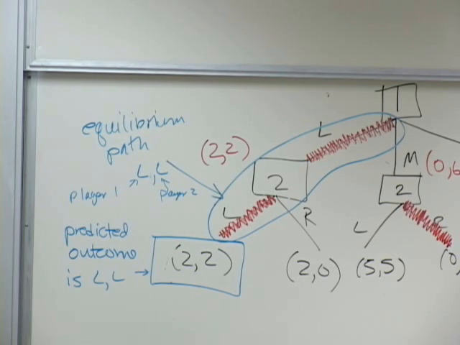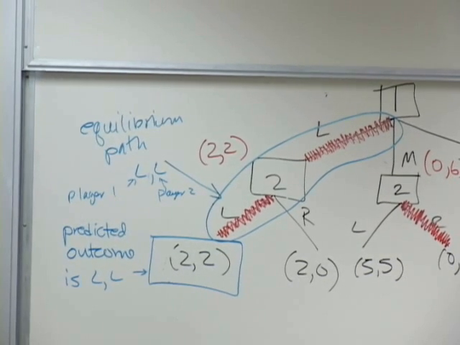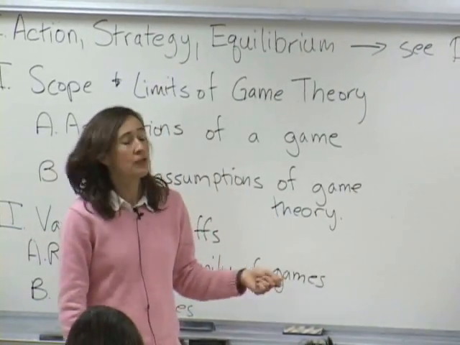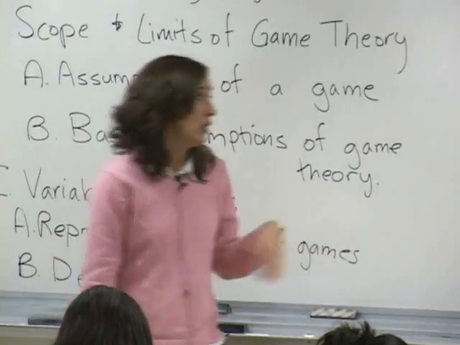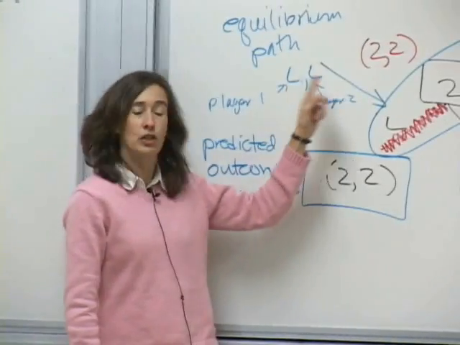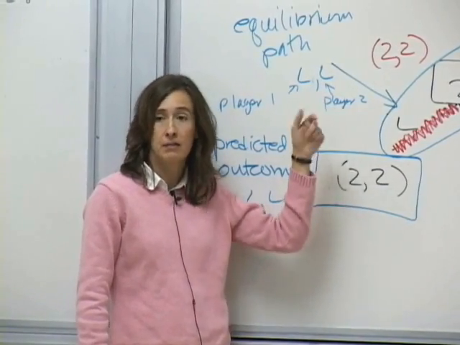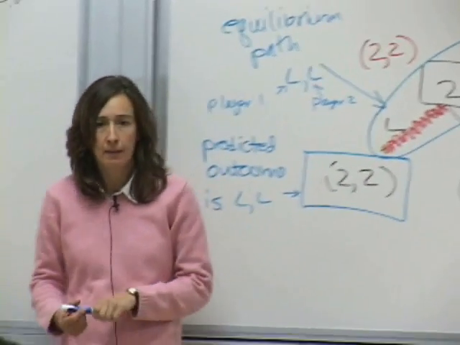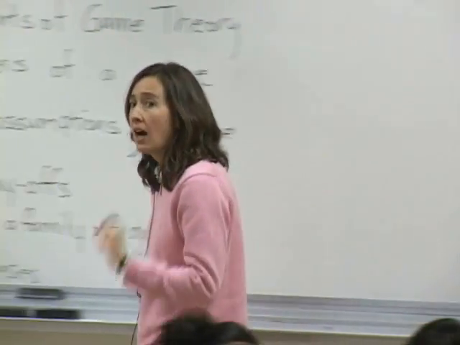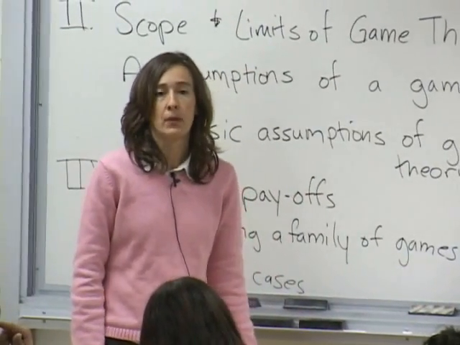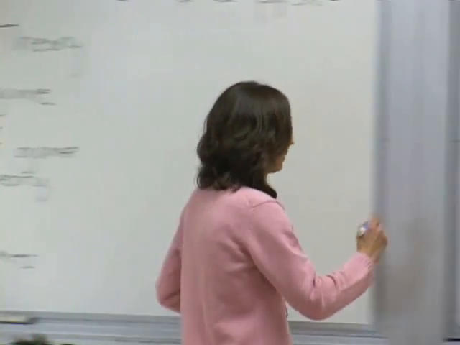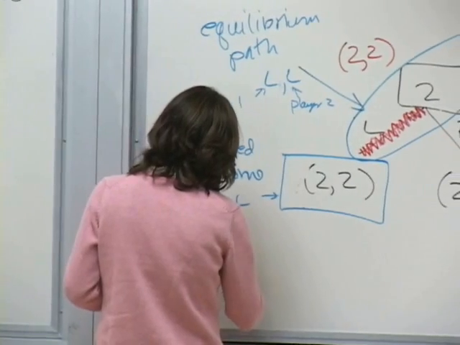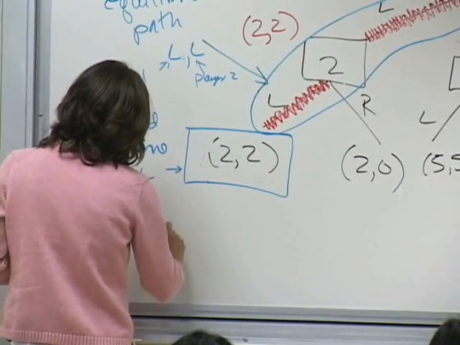Those actions, they're fundamental. We could put them together lots of different ways. When we string together the actions of one player, one for each of their decision nodes, we call that a strategy. But when we string together the actions for different players, that's the way we would specify the equilibrium path. Equilibrium path is not the same thing as equilibrium. Okay, it's a narrower thing. Okay, so the equilibrium in this game,